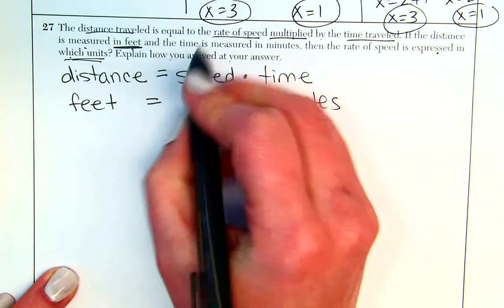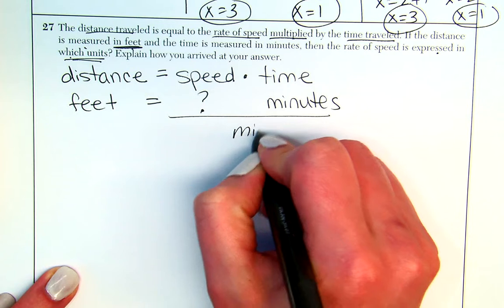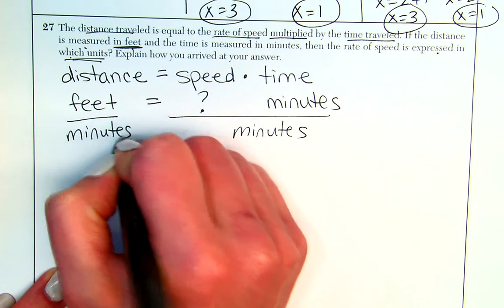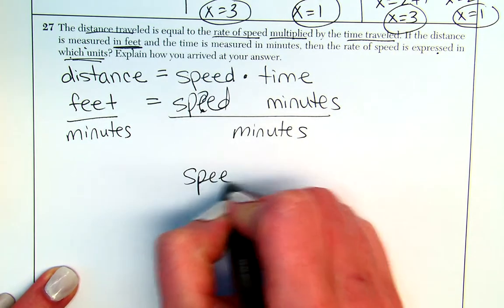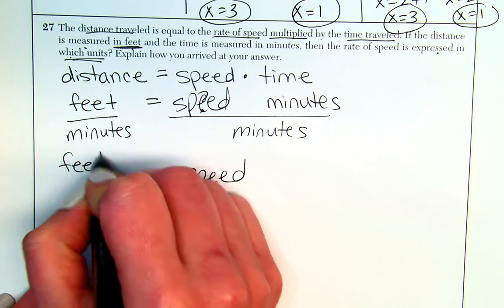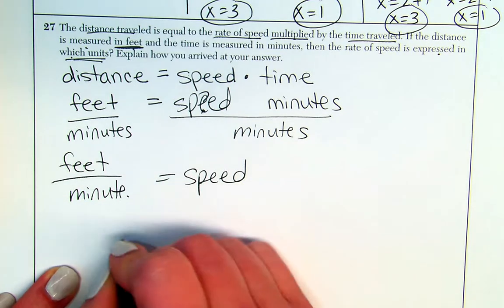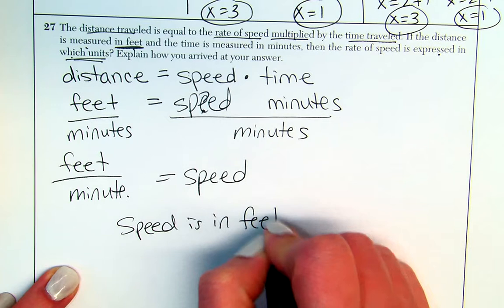So speed is what I'm looking for. So I can actually divide both sides by the minutes, and you'll realize that speed, sorry, that speed should be given in feet per minute. So your explanation could be speed is in feet per minute